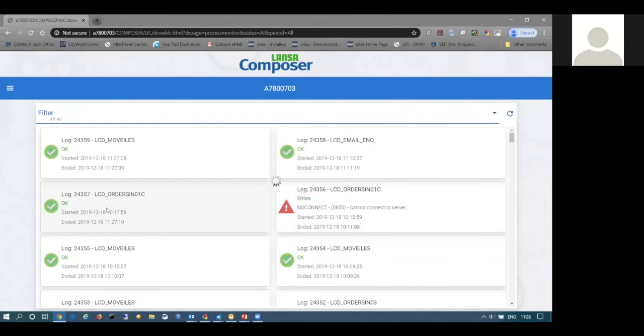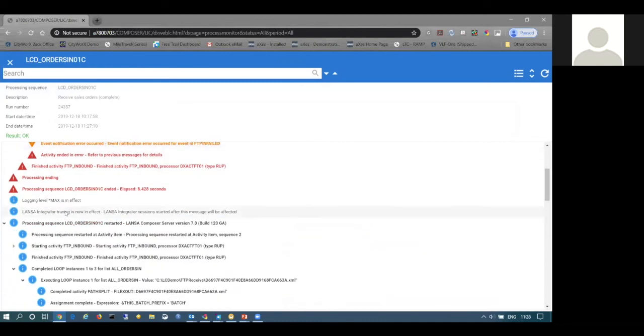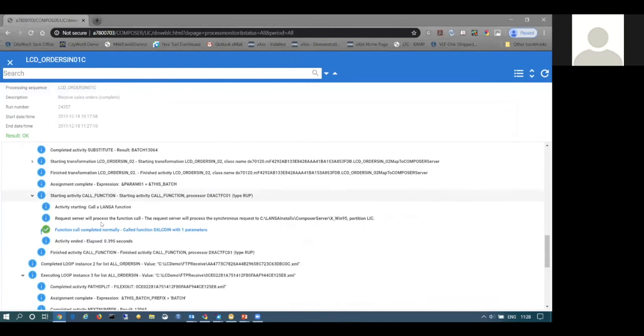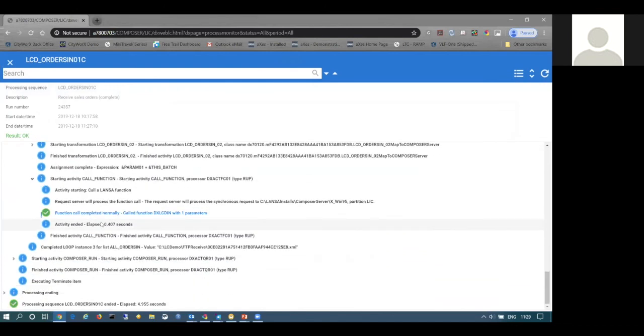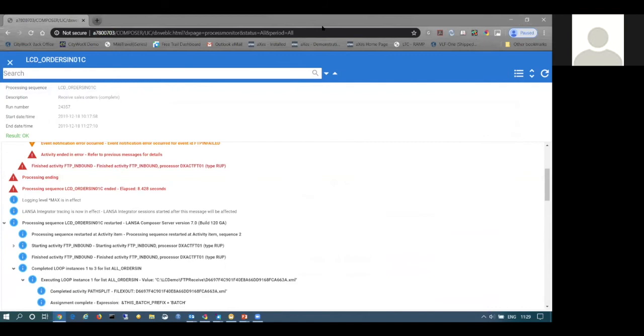If I double click on that one to pull up the log for that, we'll see this is the part where it failed, and then it's picked up and continued on processing the actual files which it's found. So it allows me to recover that remotely via the web interface. Okay, so let's jump back now to the